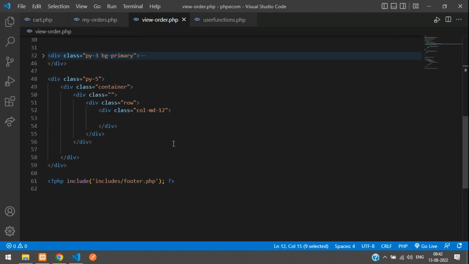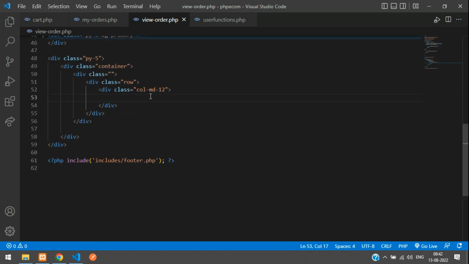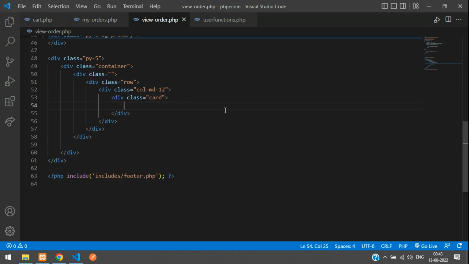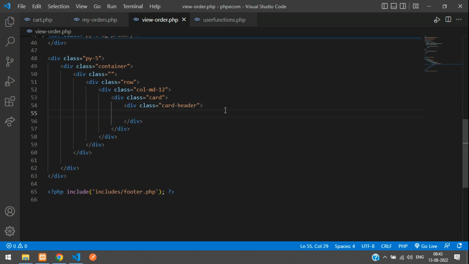We'll just copy it, and over here we need to show the order details again, right? So we'll divide the screen into two parts, where we'll have on one side the order details and on this side the ordered items. So let me make this a dot card header, say order details or order view,